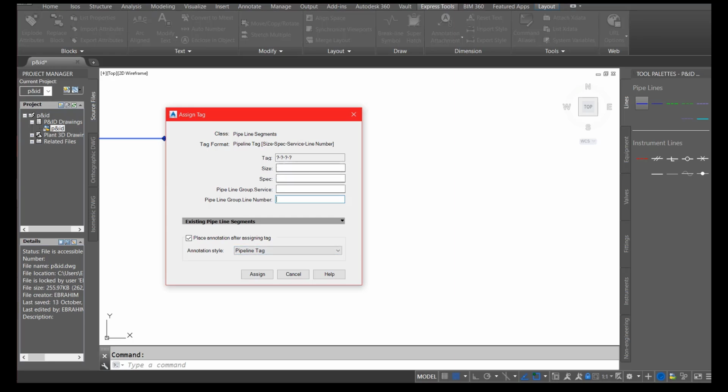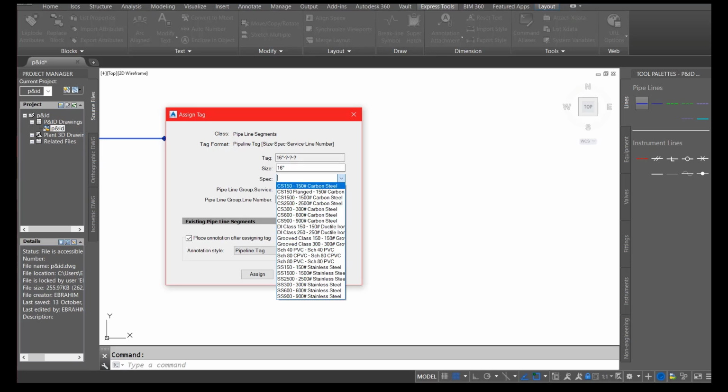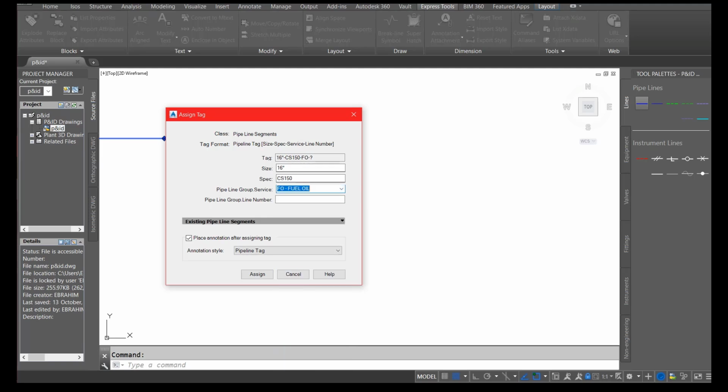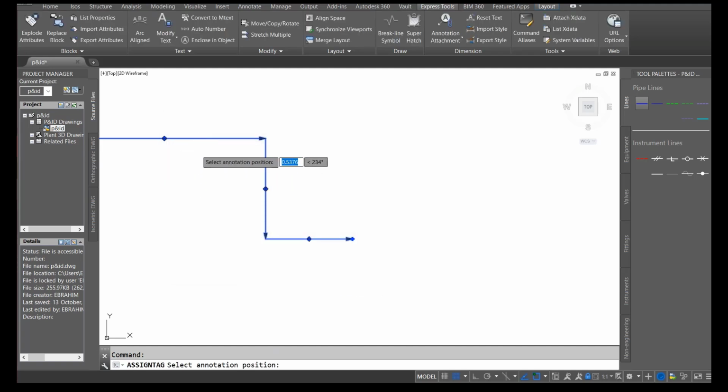The assign tag option is something we learned yesterday, how we set a specific tag, and today we have